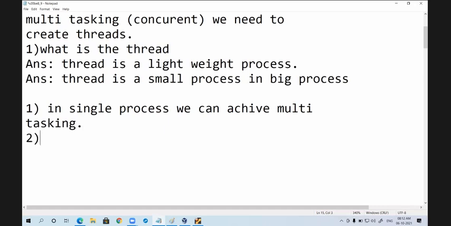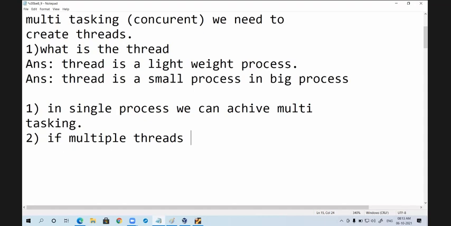Second, if multiple threads... Yes, absolutely correct. In WhatsApp, chats, status, voice call, video call, whatever it is, those are small processes in that big process.